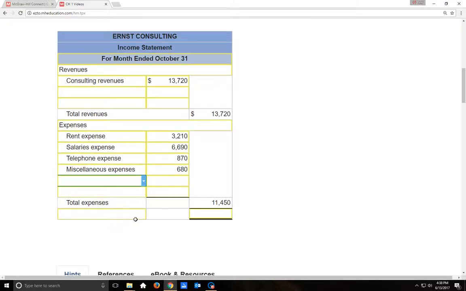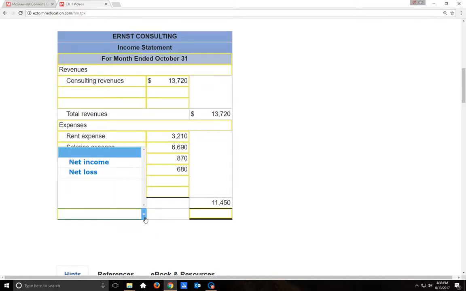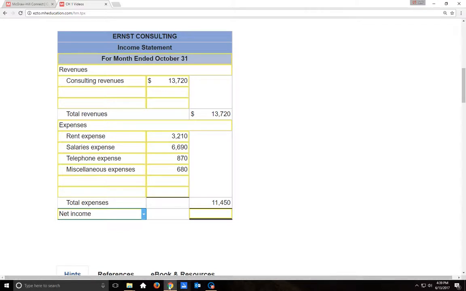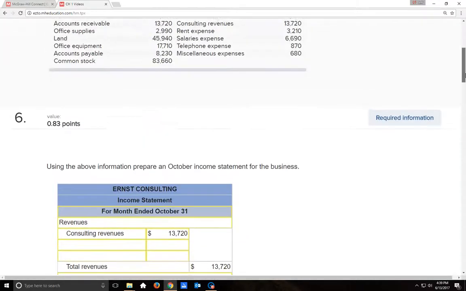What comes next on the income statement? We've listed revenues. We've listed expenses. What do we want to list next? Net income or net loss? Well, the company has a net loss if expenses exceed revenues, and net income if revenues exceed expenses. In the case of Ernst Consulting, we have revenues of $13,720, which is greater than expenses of $11,450, so therefore we have net income. What is the amount? $13,720. Subtract that from $11,450, and we'll have what our total